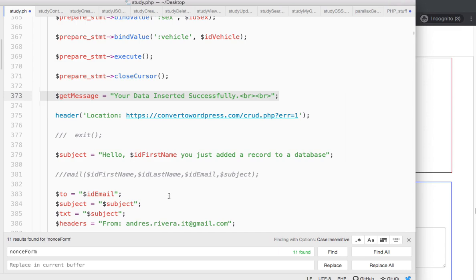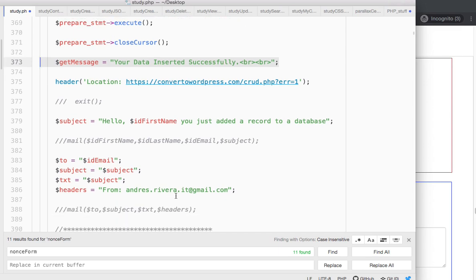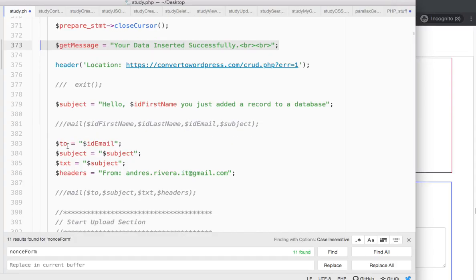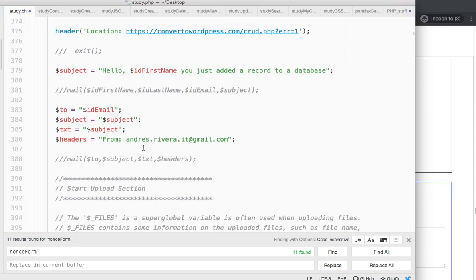Now, in this case, I also created a variable to say, hello, the person that was putting that information in just added a record to a database. Then you're going to say "to" will be the email, that will be the subject matter, which just happens to be that. Then you say the text is whatever the subject matter is. Then you say the header is from